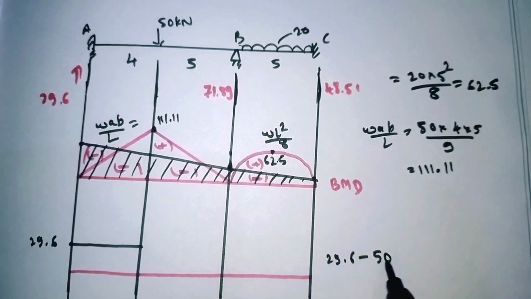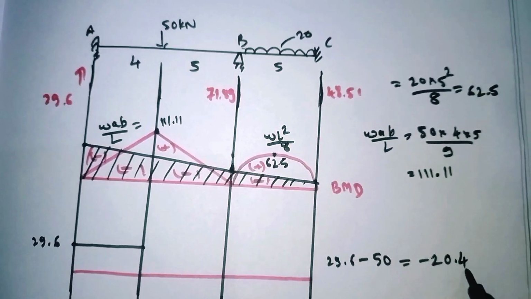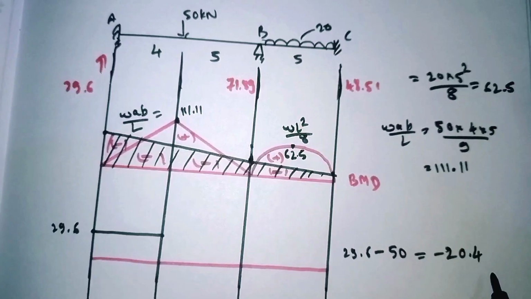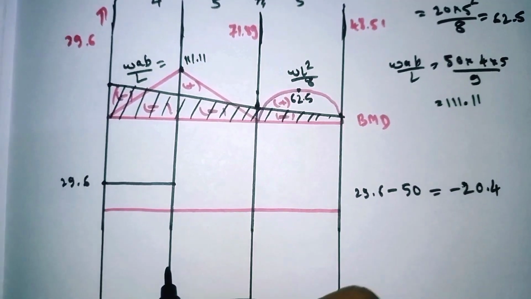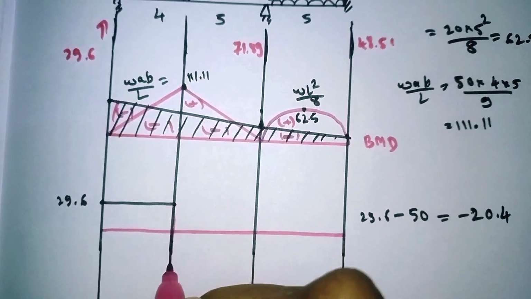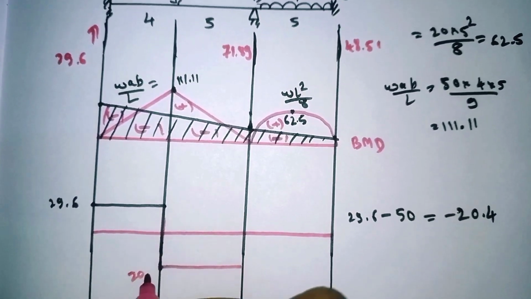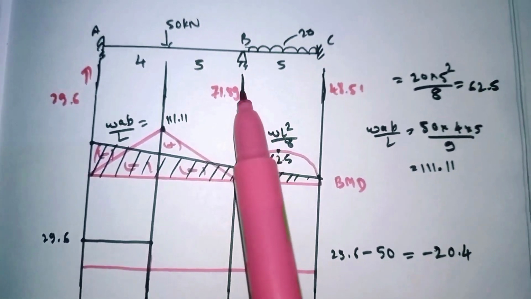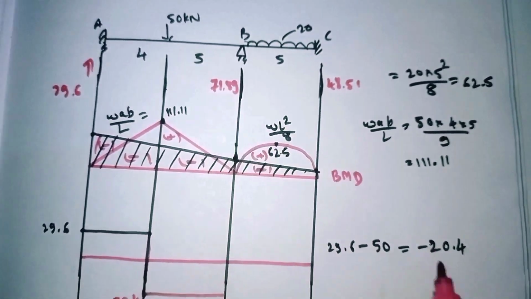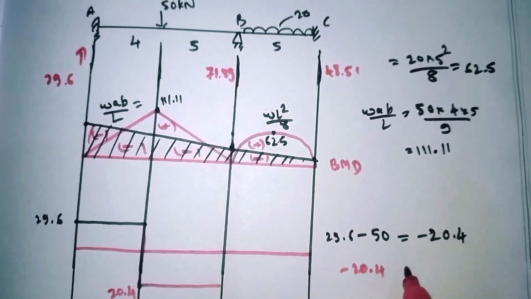This is 29.6 minus 50. If we do this, we'll get minus 20.4. The value we'll get is negative, that is minus 20.4. Minus means it comes here. And again from here to here there is no value. Minus 20.4 means it comes here, and again here one reaction RB is there. So now this is moving upward, means we need to add it. So minus 20.4